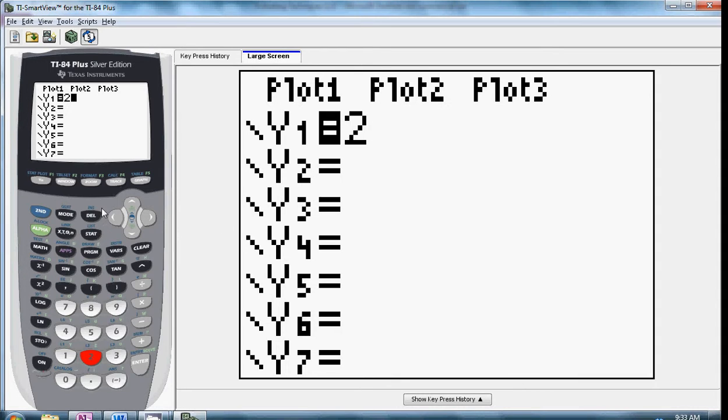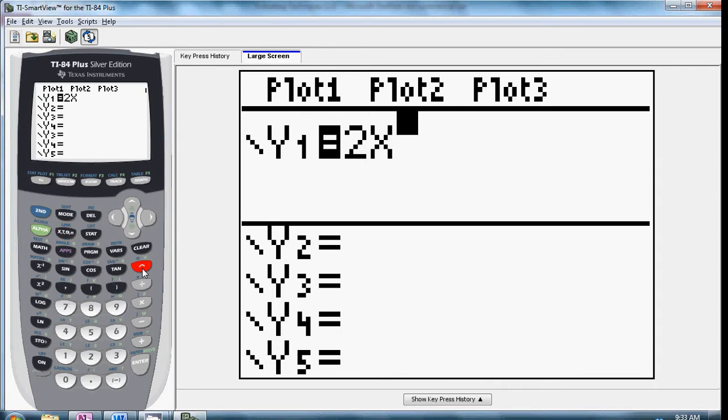So let's see, 2x, make sure you're using the variable button, not the letter x down here. I think it's there. You want to use the variable button. x to the 4th, I'm using the caret over here above the division sign. Your calculator may not pop a little box up for an exponent spot. You might actually see the caret written, but mine has a little box. So x to the 4th, I'm going to arrow over,